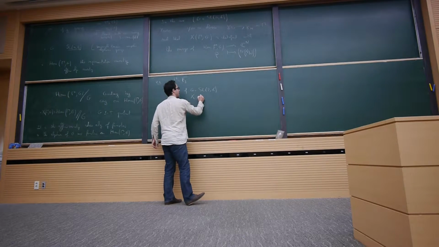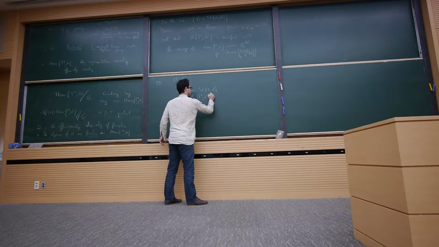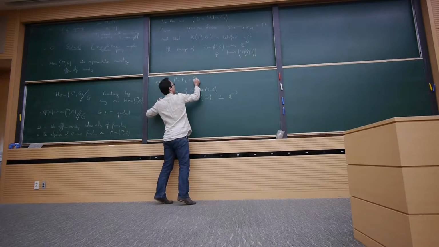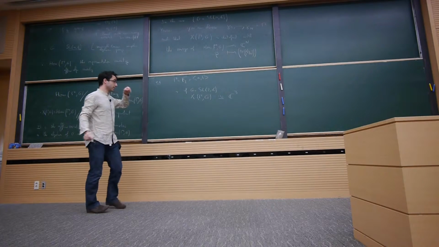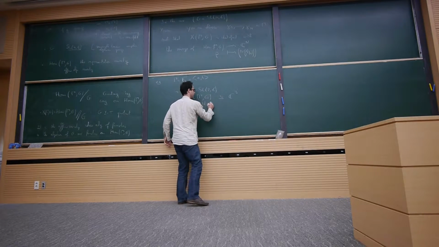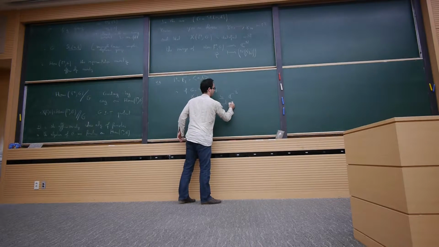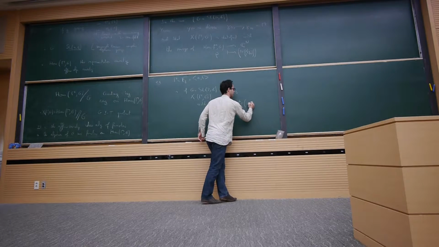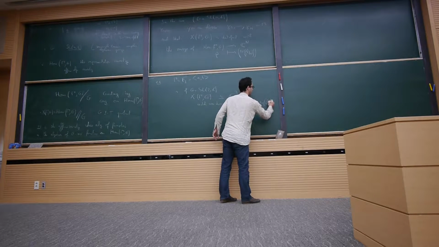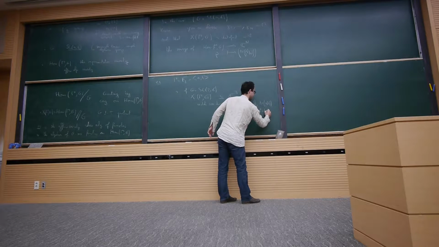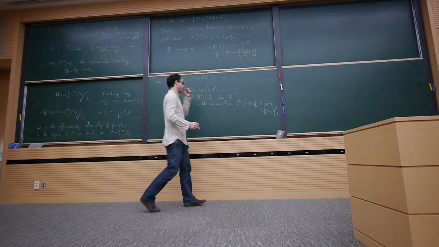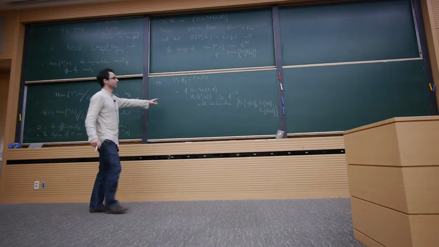Then let's say in this case the character variety is C^3 with coordinates the trace of the image of A, of B, and of the product. Okay, so here there are no relations